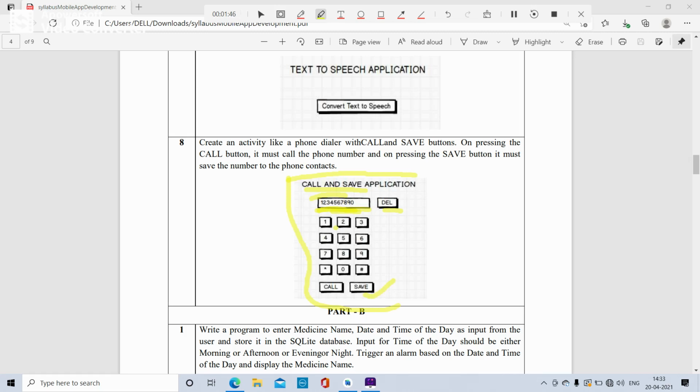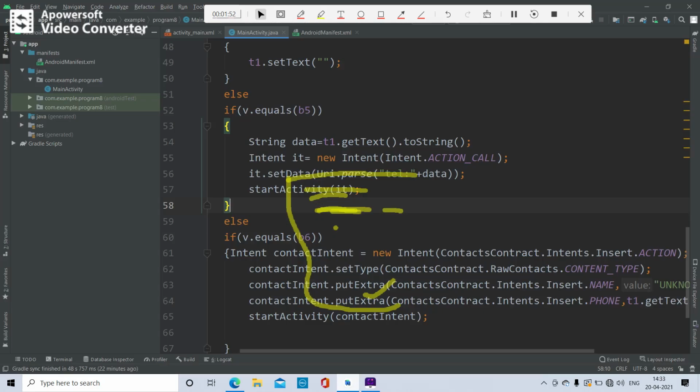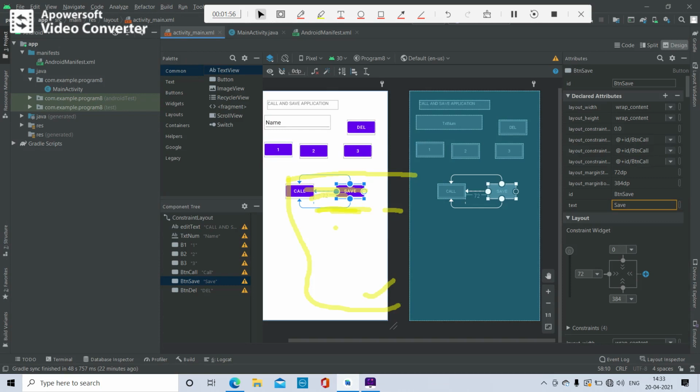Okay, first we need to create the interface. We already created the interface, and I already told you how to create it. I'm going to show you the design. This is the call and save application.